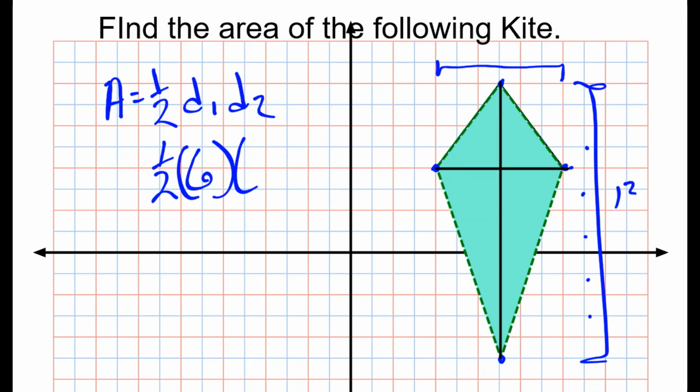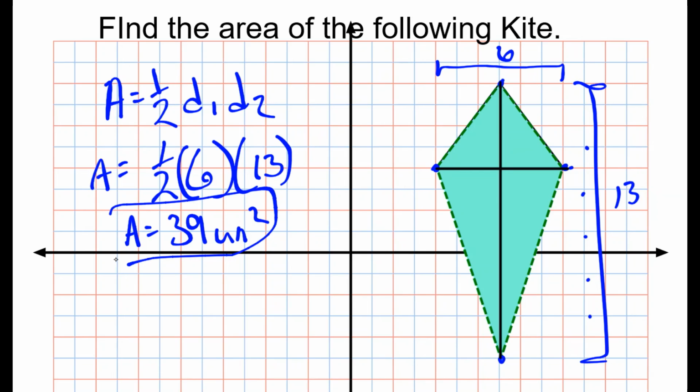Looks like 13 that way. So our area would be 3 times 13, which is a total of 39 square units. And that would wrap up our rhombus, kites,